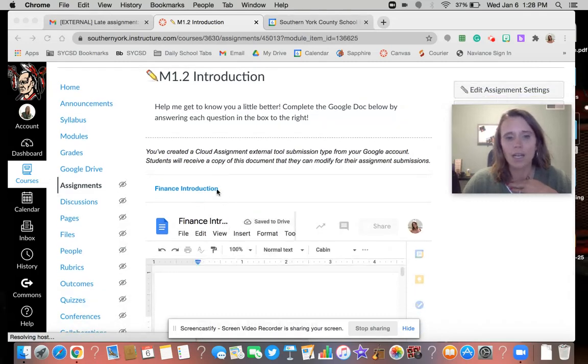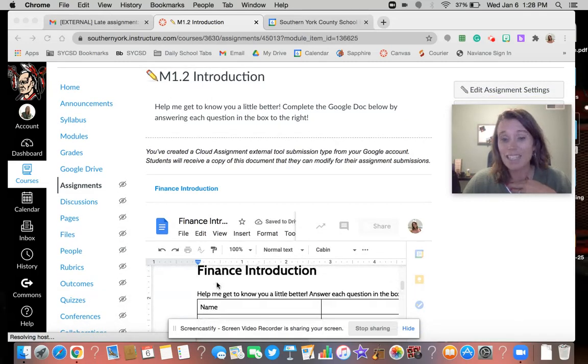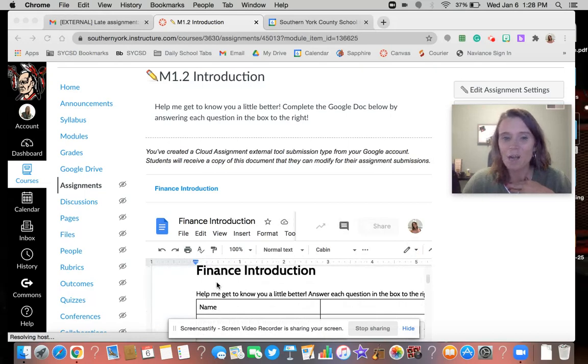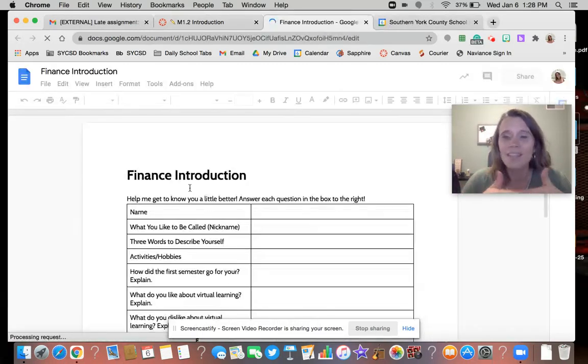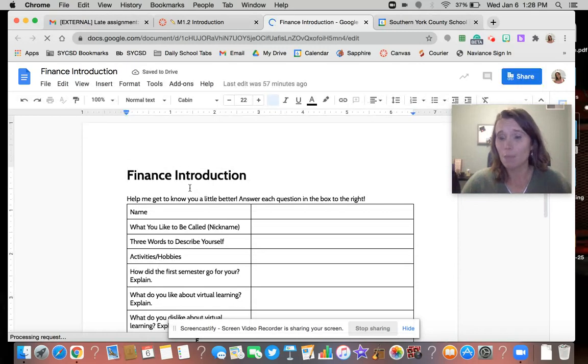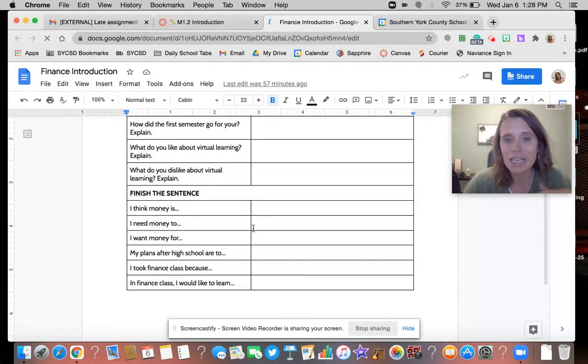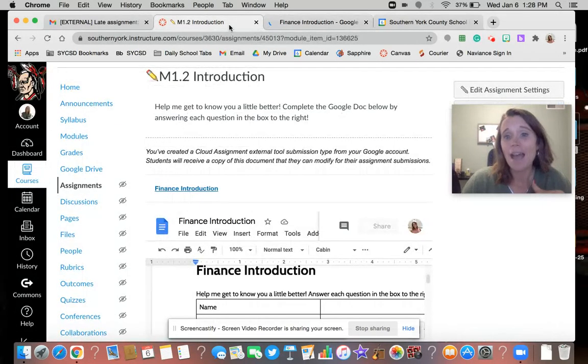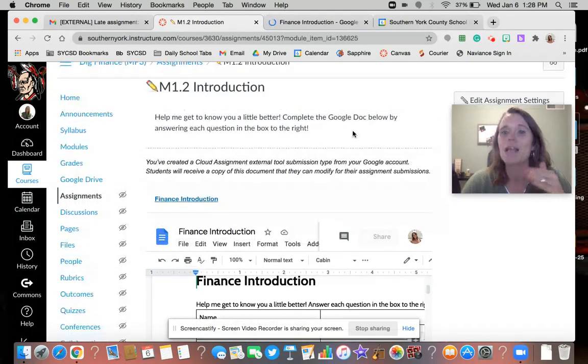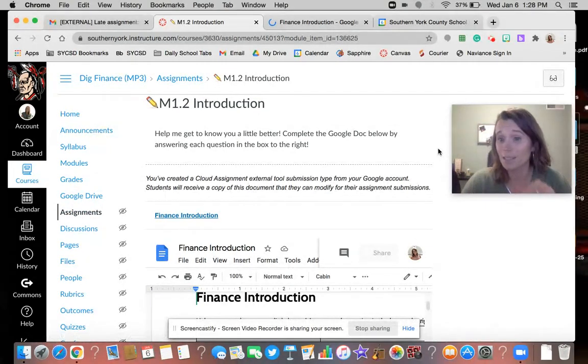So you see here, this is the document. It's a little small for my liking, so you can always click on the document right here to open it up into a new tab. And this is, again, just a sample document of a sample assignment that you might do. I'm going to fill out a couple key questions, just for me to get to know you better. Then I'll come back to the document. Because I'm not in student view, I don't have the capability to do it, but I would go and hit submit there on that assignment.